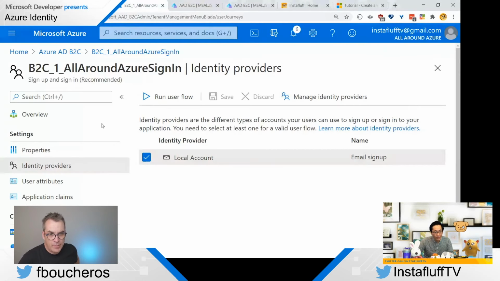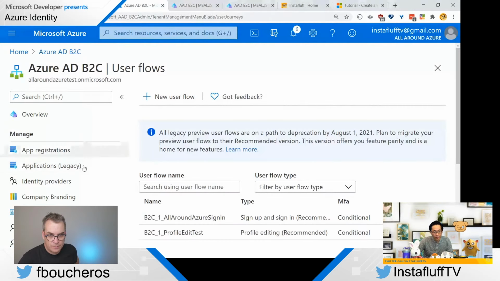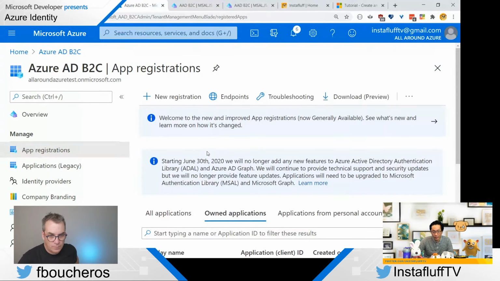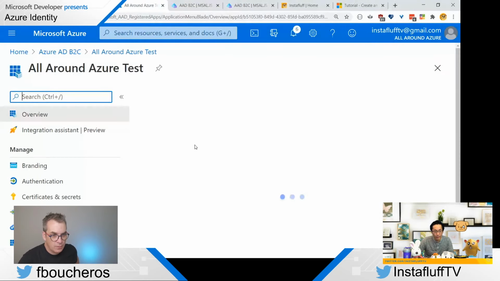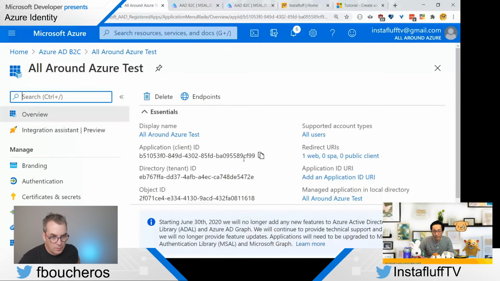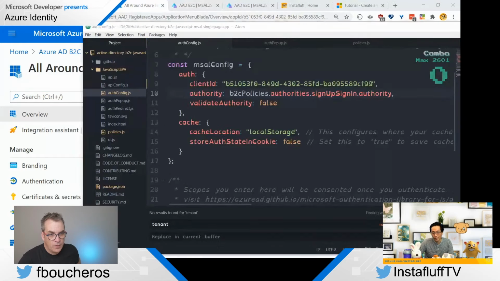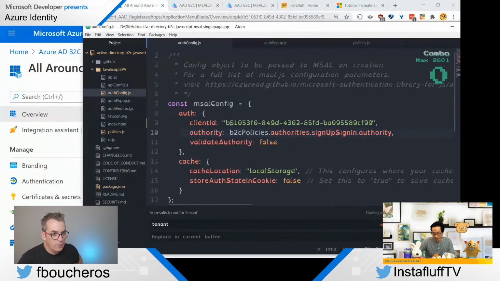I think the app ID was okay. Yeah, I'm gonna check just in case. Yeah, it was this one, the client app client ID. And so that looks right. Yeah, that's the same.